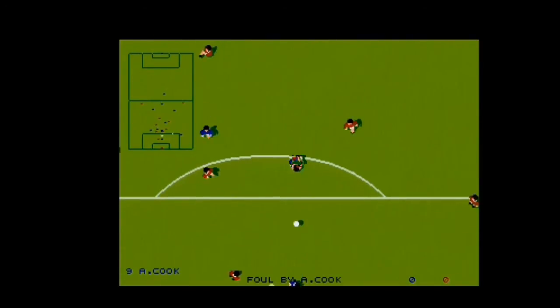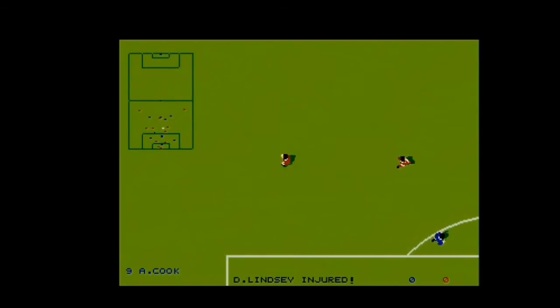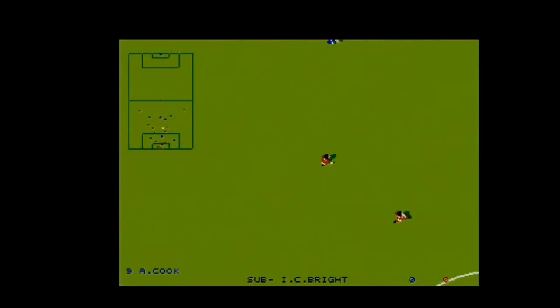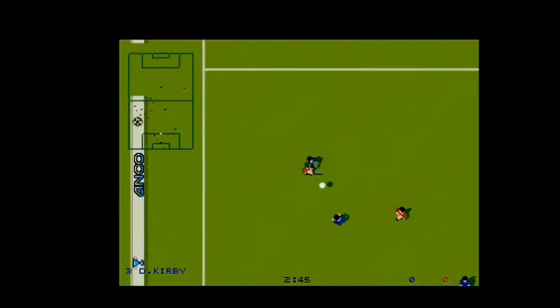Let's see what Cook can do. Oh, dear. So, straight into a foul. Oh, dear. Lindsay's injured. Another flaw with this game is, because you've only got 2 substitutes, if you injure more than 2 players of the opposing side and don't get sent off, rather unfairly, they'll be down to 10 men and sometimes 9 men. So if you've got a lenient referee...